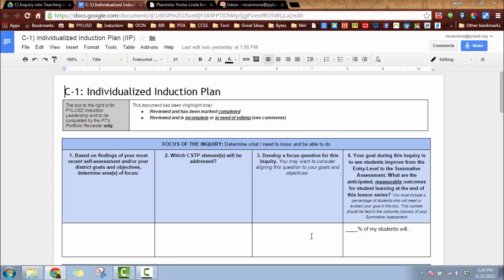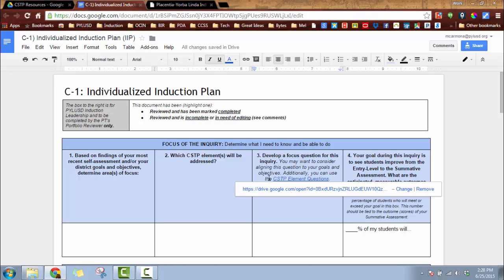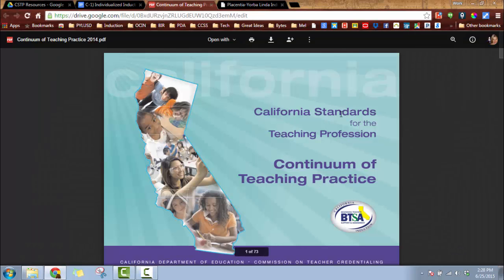questions that are underneath the elements of the CSTP. And through the magic of technology, I've just included a link to those questions on this document. I was going to show you where you could find them in your own virtual portfolio, but it just makes sense to link to it here. So if you click on these, the CSTP element questions link, it will open up a virtual copy of the